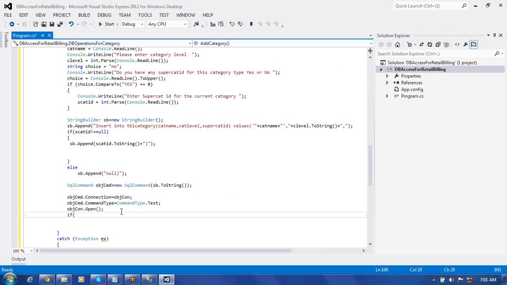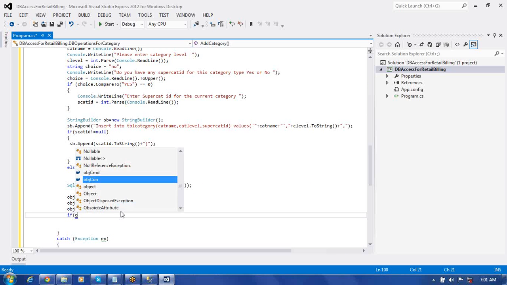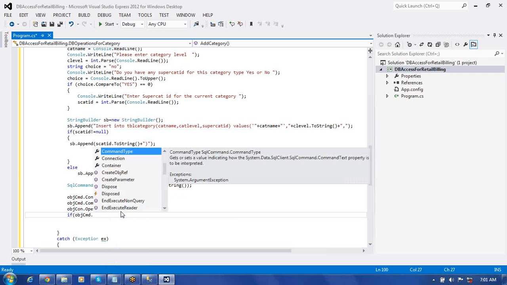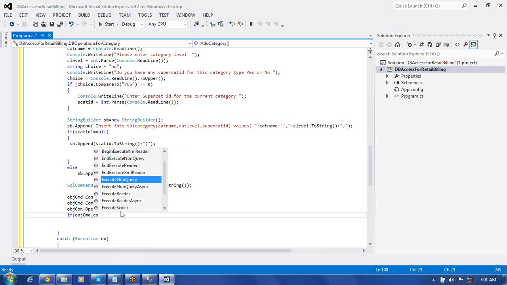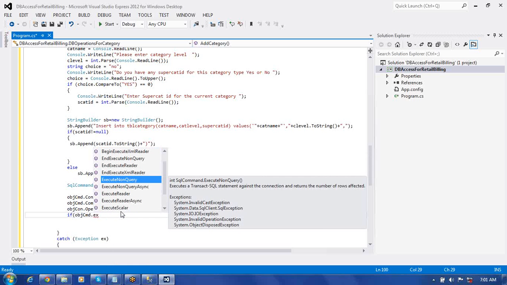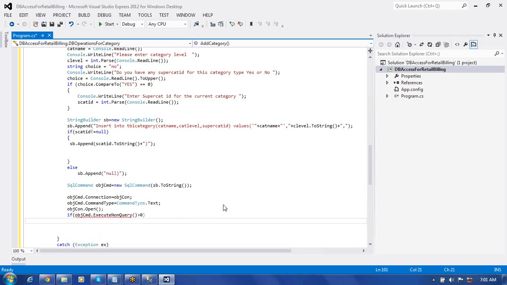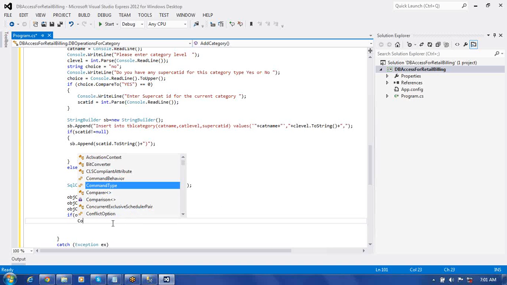Write if obj cmd dot ExecuteNonQuery. This is called execute non-query. With the help of this we can execute an action command. If it is greater than 0, then